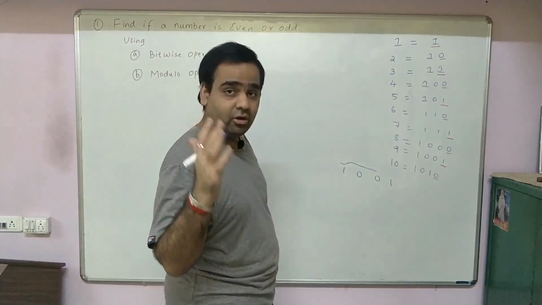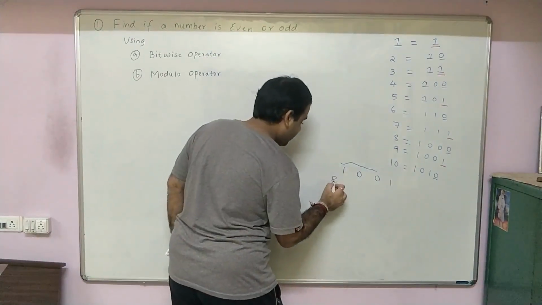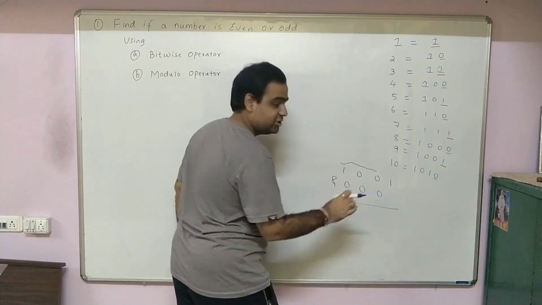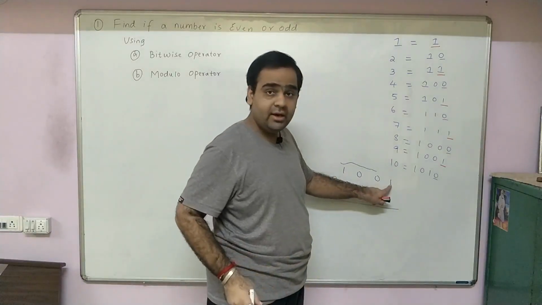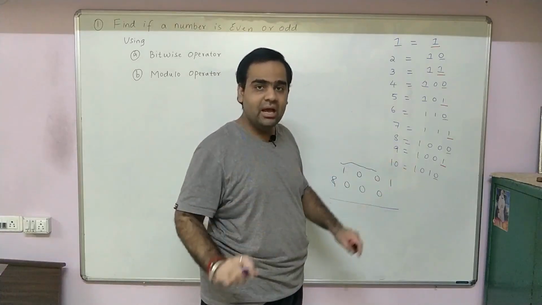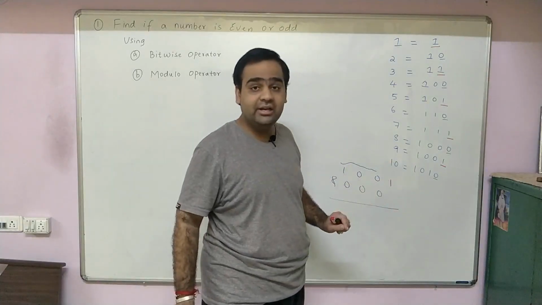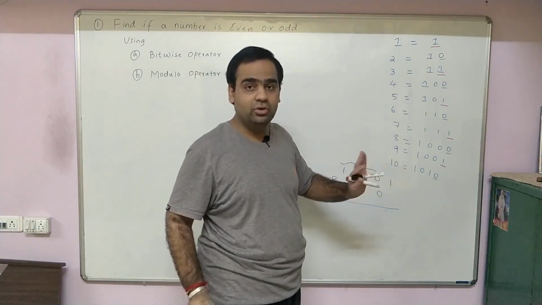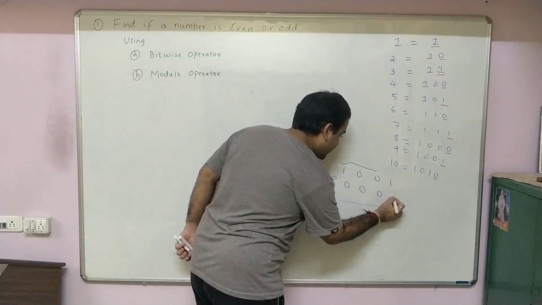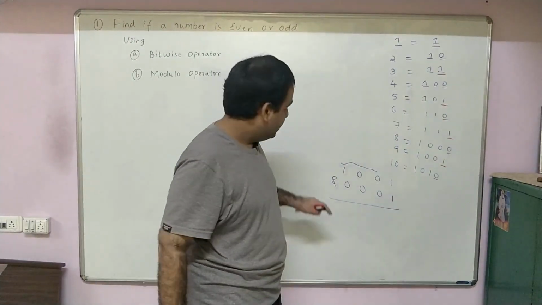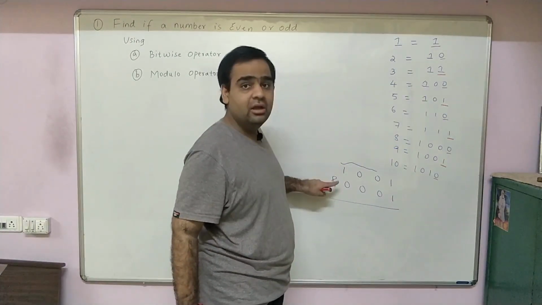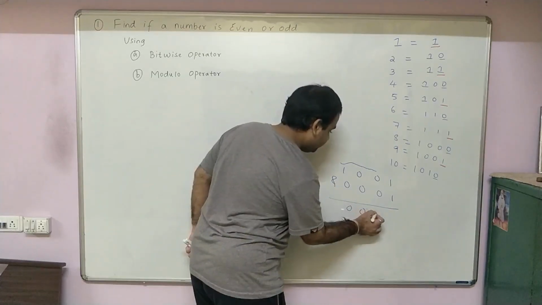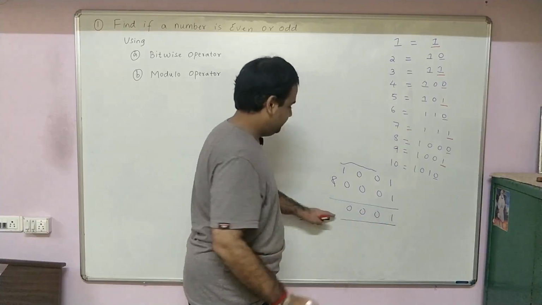And how do we mask it? Already I said in bitwise operator, we bitwise AND with 0 0 0. These 3 bits are 0. Now what about this last bit? If it is 1, I need 1 as it is. If it is 0, I need 0 as it is. That means 1 and 1 is 1, 1 and 0 is 0. Therefore, I write here 1. Hence, for any number n, you bitwise AND with 1, and you will get the result as the last bit.